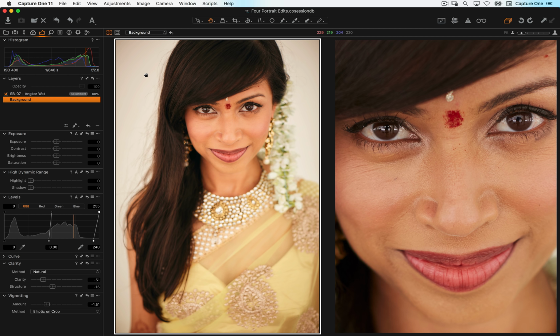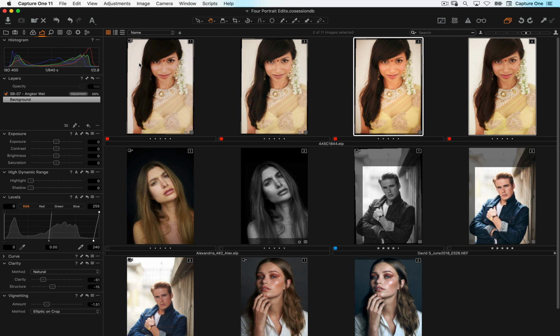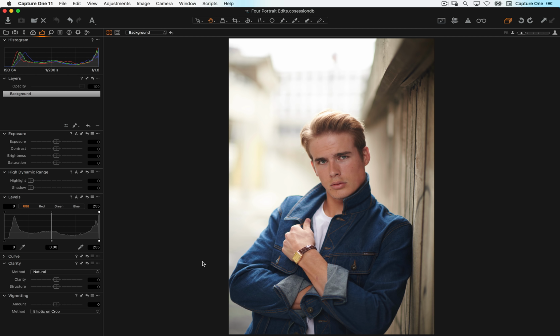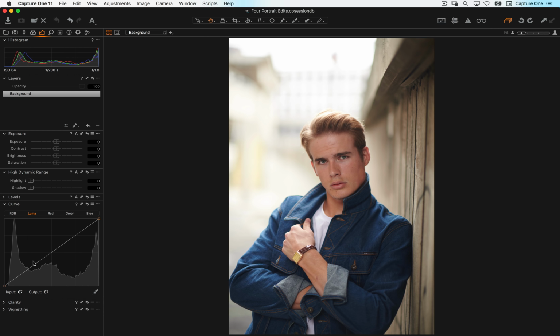So let's go to the next one. We have our handsome man here. Let's just reset. Oh, it's reset because it's grayed out. Fit on the screen, good. So we've got our chap here who looks, again, pretty good out of the camera. But this little exercise is going to be about using contrast, setting the levels, and more importantly, using a luminosity